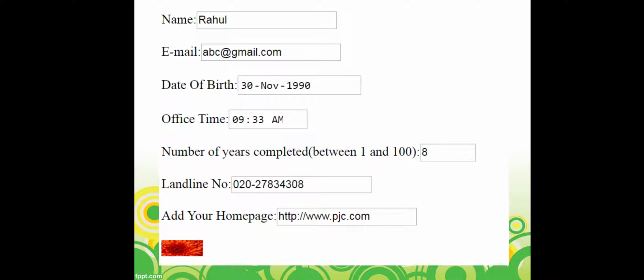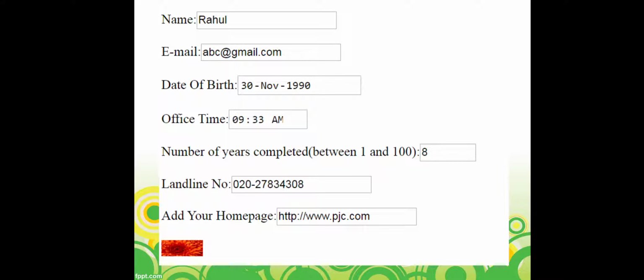So here what it is given, that the value which is accepted by this text box is greater than or equal to 1 and less than or equal to 100. Means it will not accept values which are less than 1, and it will not accept values which are greater than 100.